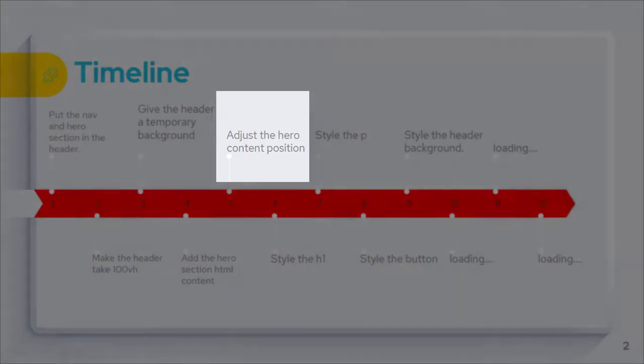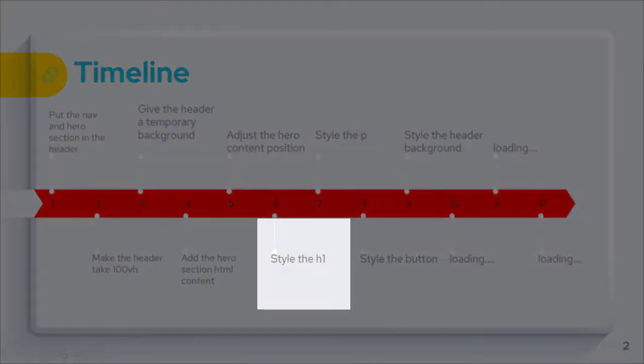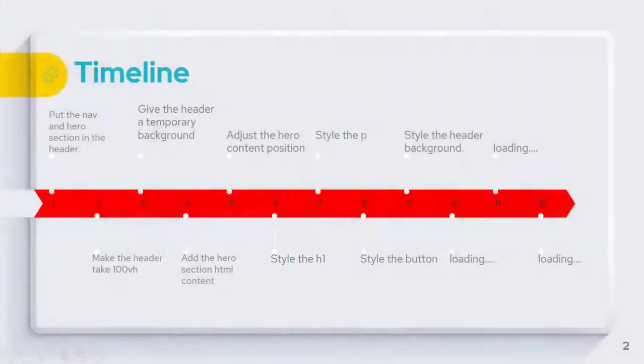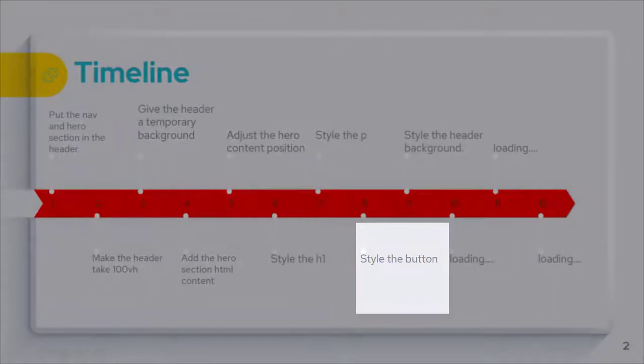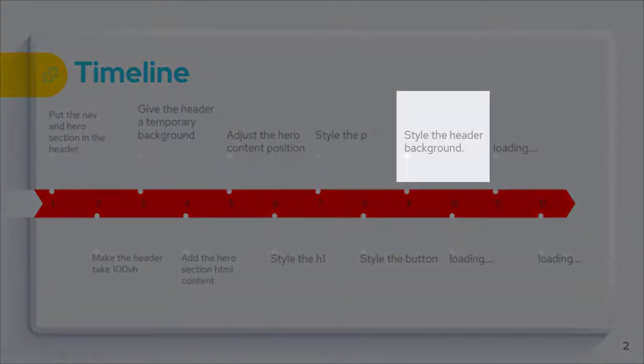After that, the following step we will do is styling the H1, because we will have an H1 which consists of two fonts, one of them inside a span that we will see, which is a brand name. And after we finish styling the H1, we will style the P. After styling the P, we will style the button and we will style the header background, and this one will